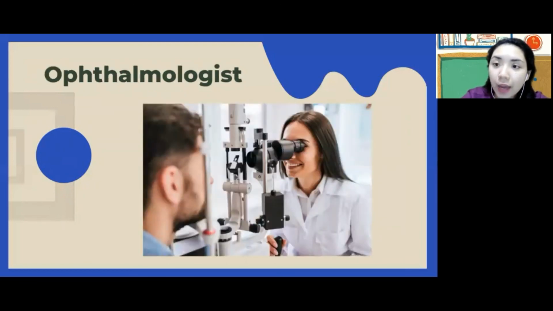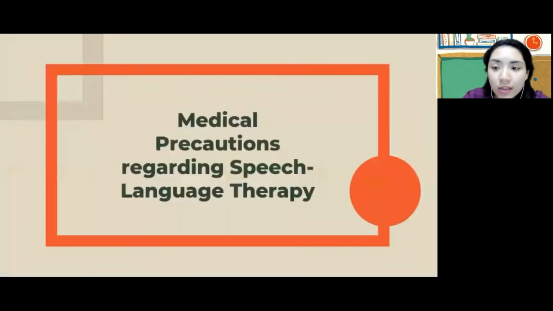So aside from hearing impairment, we also have those with vision problems or visual impairments. That's why an ophthalmologist is also important in the rehab team, or the medical team. I hope that you guys got all of those medical professionals that are part of the team. Now let us proceed to the next part, which is the medical precautions regarding speech language